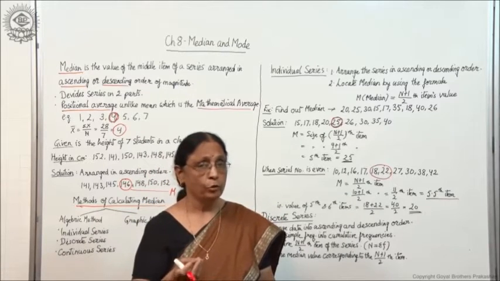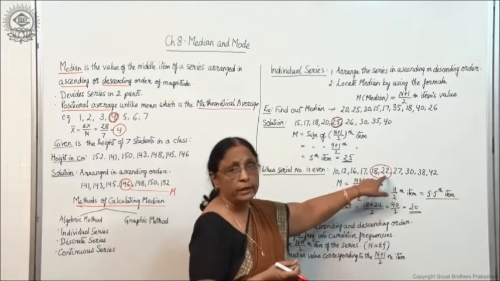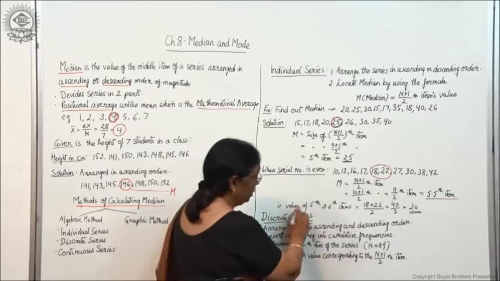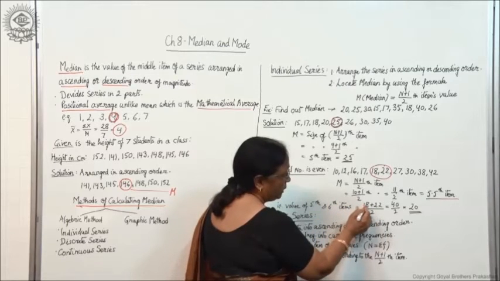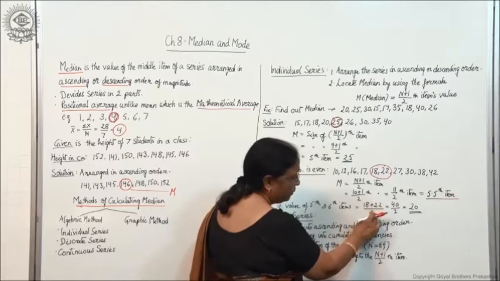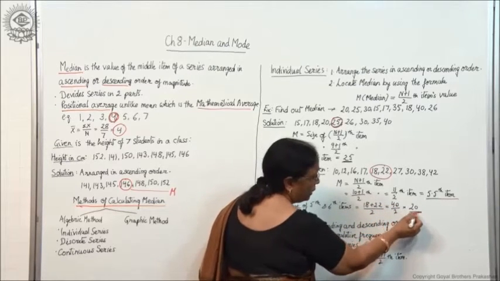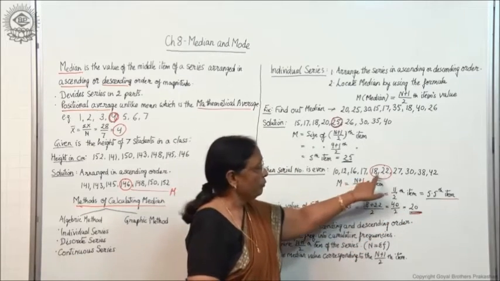But you have to find out what the actual value is. Because it is more than 18, it is less than 22. Now how to find it? M is equal to the 5th and 6th items divided by 2. This is (18 + 22)/2. This will give you the 5.5th item, and this will be 40/2, that is 20, the median in this case, in between these two values.